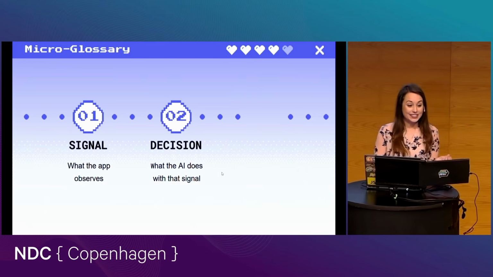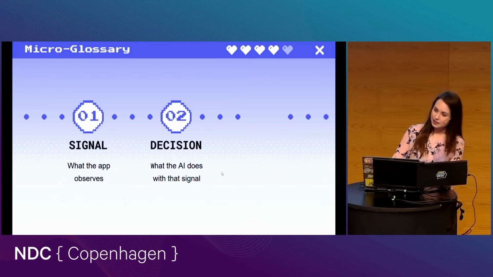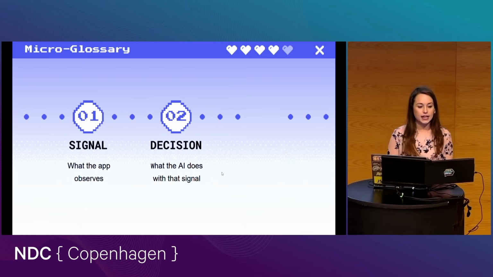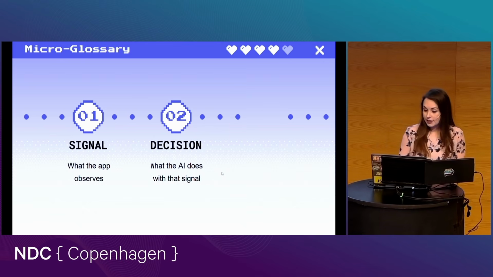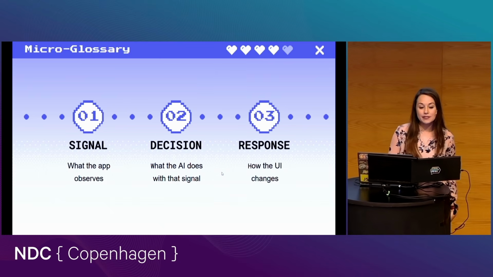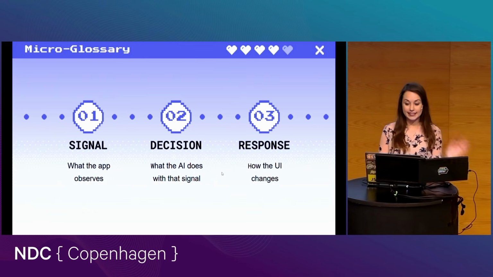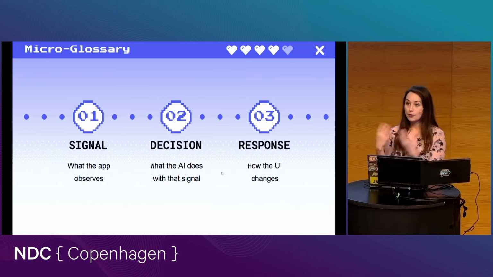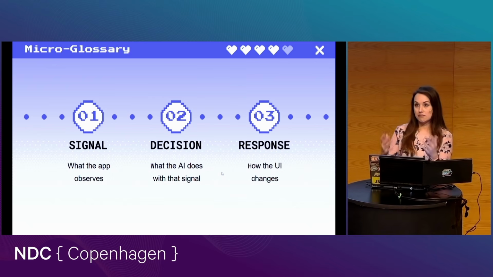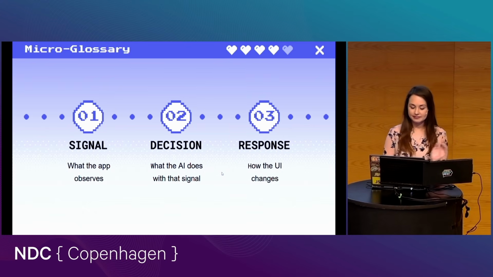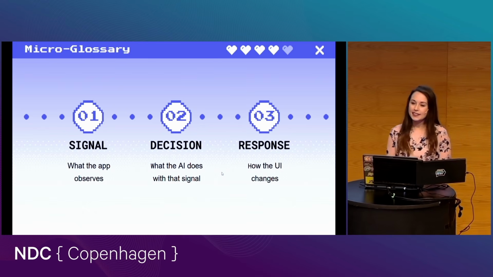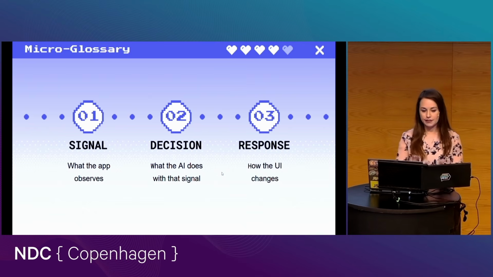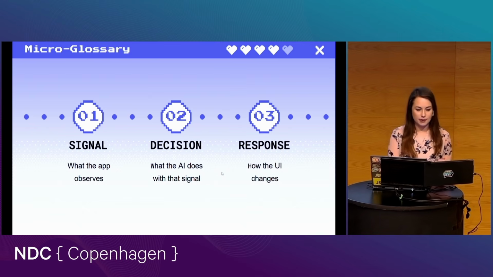Number two is decision. This is what AI really does with the information from that signal. So maybe it'll classify something, or generate something, summarize something, or maybe even adjust on the fly. And then we've got response, and this is what the user will actually see change in the full experience. This could be some form of feedback, reward, maybe even next challenge level, that kind of thing. All right, I like framing it like this because each one of these demos will make it easy to see the full picture from start to finish. You've got signal, decision, and response.